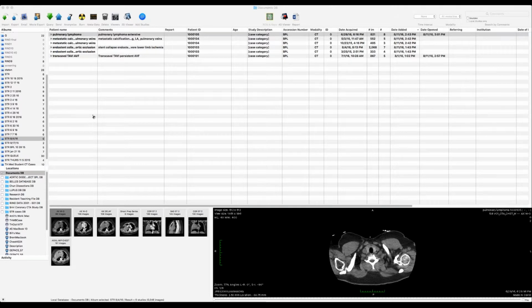The first case is a patient in about her mid-50s who came in with some chronic shortness of breath and has this on her chest CT. We can see with lung windows here that she has extensive areas